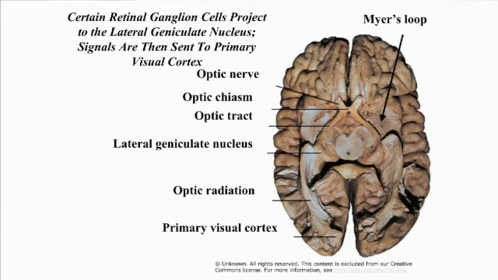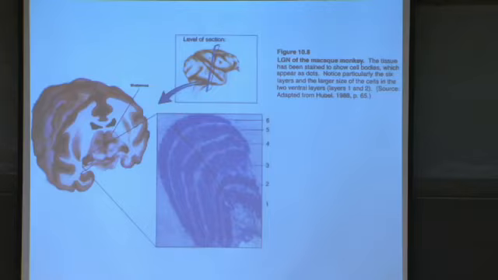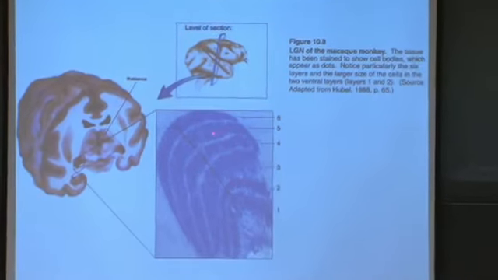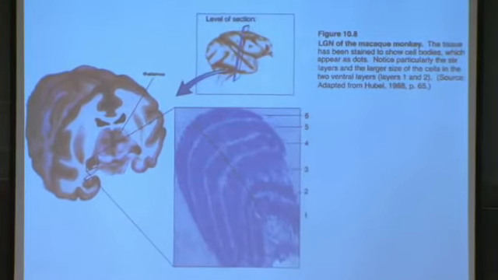And then it travels from the eye through the optic nerve into something called the lateral geniculate nucleus. The nucleus is simply a collection of cells. This is part of the thalamus. And from there, the fibers will travel into the cortex to begin conscious visual perception. You have one on the left and one on the right of the lateral geniculate nuclei. If you look at this blown up, this is a sample from a monkey, but the human one looks very similar, you can see 1, 2, 3, 4, 5, 6 layers of cells in each lateral geniculate nucleus. The first two look a little bit different. If you look carefully, they're comprised of larger cells.